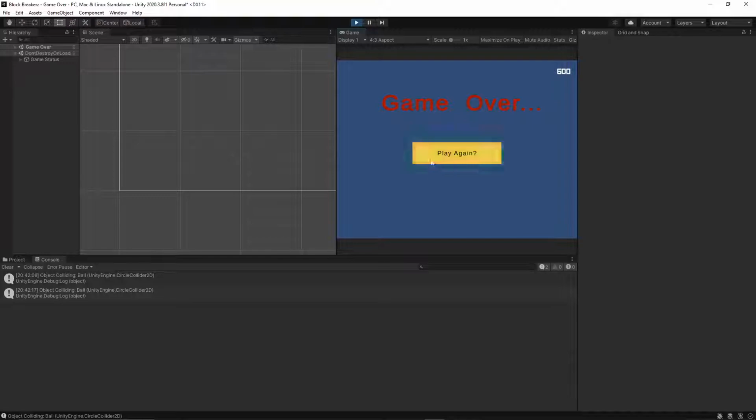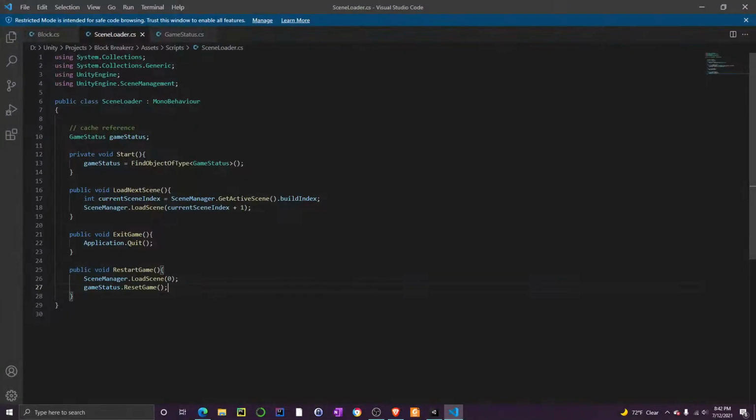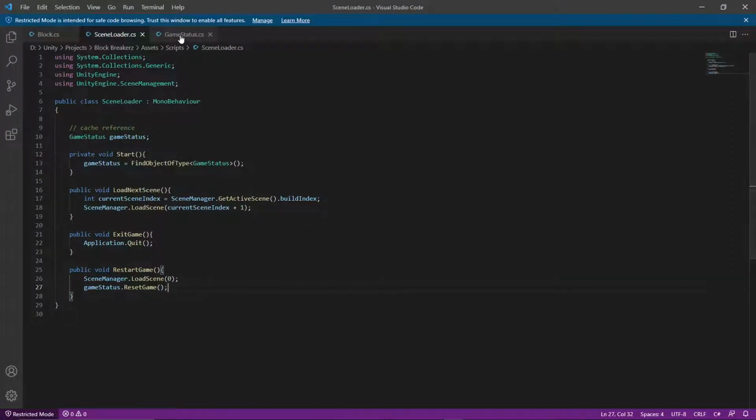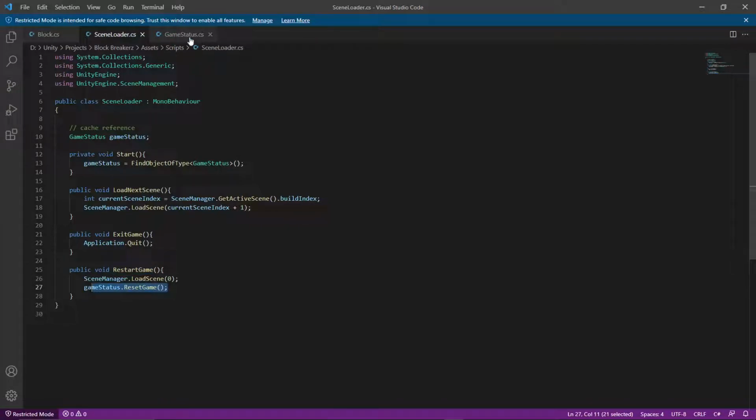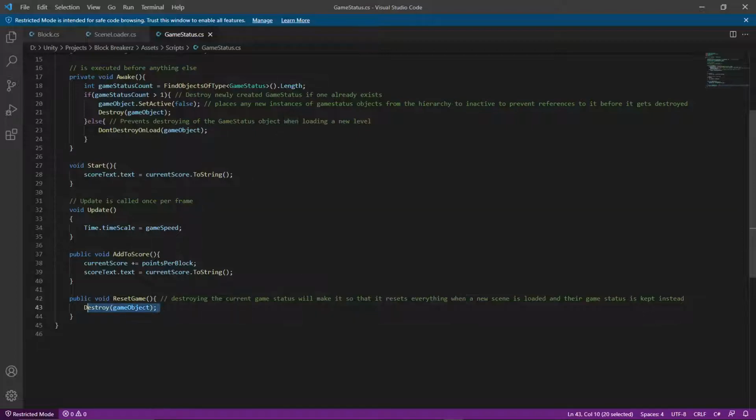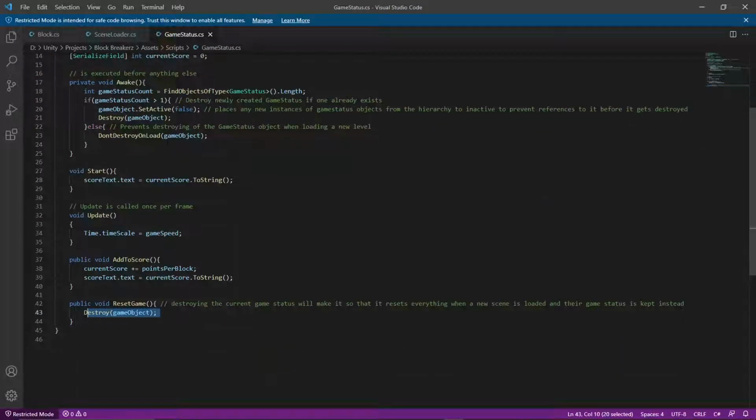So by playing again, it activates this, it starts restart game, or sorry, actually it starts this one, which loads the first scene, and it then calls the reset game, which destroys the object. And as we know,